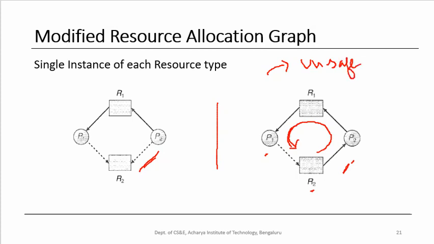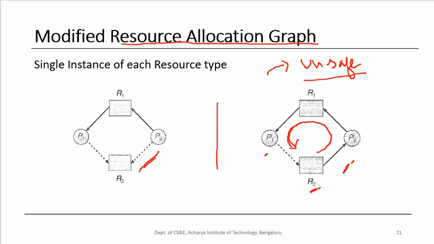What is an unsafe state? In the unsafe state, there could be a deadlock. So if we see this cycle, then we deny granting of R2 to P2, and we postpone this activity, or we defer this activity. So this is how we can make use of the resource allocation graph for deadlock avoidance.